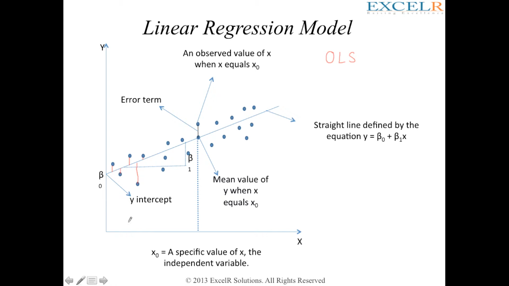How do we calculate? Any point that is represented on a two-dimensional scale would have, say for this data point, an x and a y representation. So on the x-axis, it lies here. On the y-axis, it lies there. So you'll have x and y for each and every data point. And on this line also, this specific point would have x and y. Say that this specific point here is x2 comma y2. Now if I were to find out the distance between these two points, x1 y1 and x2 y2, I can use something called Euclidean distance,